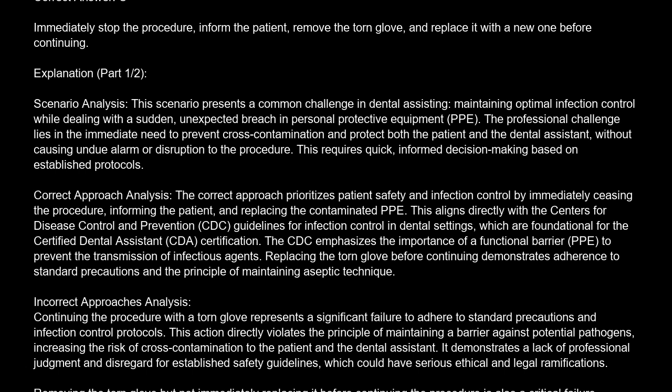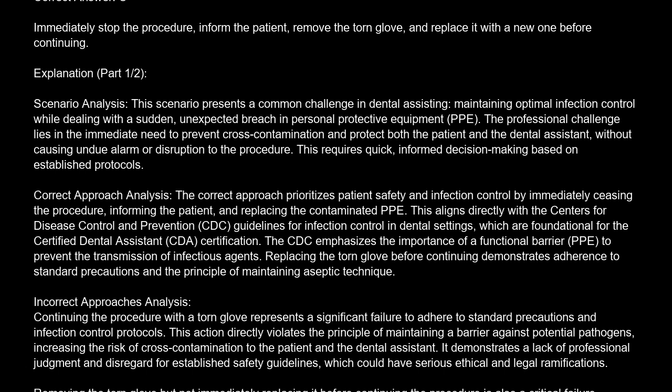The CDC emphasizes the importance of a functional barrier, PPE, to prevent the transmission of infectious agents. Replacing the torn glove before continuing demonstrates adherence to standard precautions and the principle of maintaining aseptic technique. Incorrect approaches analysis. Continuing the procedure with a torn glove represents a significant failure to adhere to standard precautions and infection control protocols. This action directly violates the principle of maintaining a barrier against potential pathogens, increasing the risk of